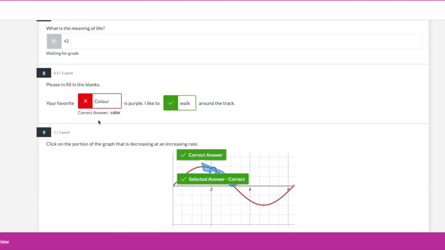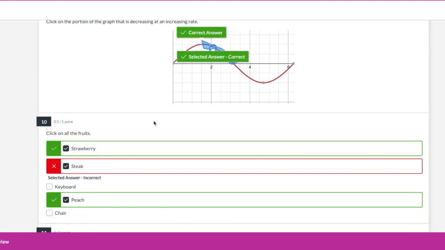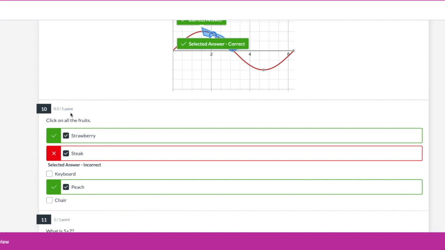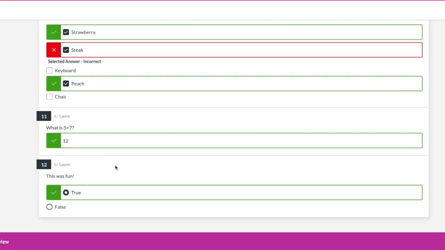Over here, it's apparently not that great on the exact answer, so the spelling was too far off. And if you look at that, this is a great reason to look at it. I probably want to increase the number. There's an accuracy number, and so I probably want to increase that number to give it a little more variation possibility. And so then I look at this, I go, okay, I got that one right. And then over here, notice I got half a point out of 1 point because I got something wrong in this one. And then 5 plus 7 is 12, and this was fun. So that is the quiz generation for